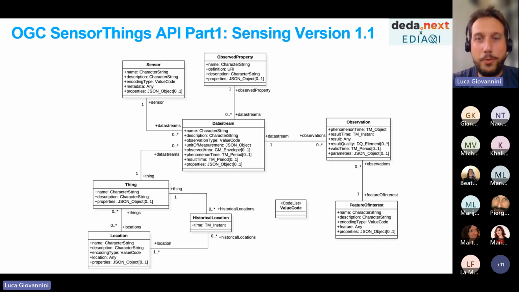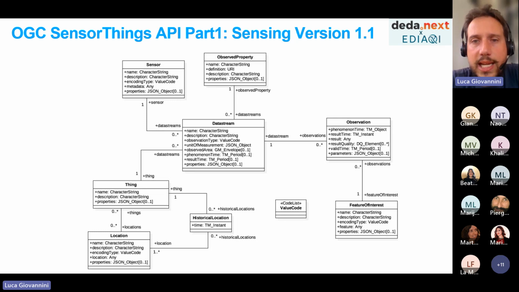So, the time for words is ended. Now let's have a look at charts. It's actually the fun part from my point of view. The thing that you see here is a schema of how the data coming from sensors are supposed to be organized to be compliant with the standard.